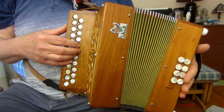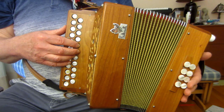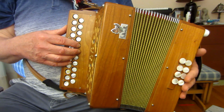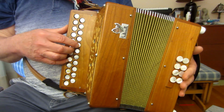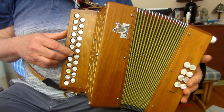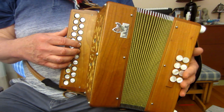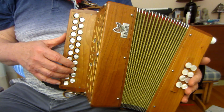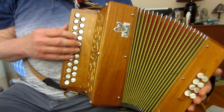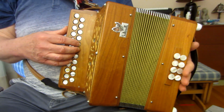G, of course, there's only one sharp in the key signature, so that means obviously our second sharp, C sharp, is not going to serve us in G major most of the time. So this is the only note that we absolutely have to get from the outer row, and that's the C natural. There's another C natural up here somewhere. Sorry, and there's one down here, of course. So, if we start with a one octave scale of G,